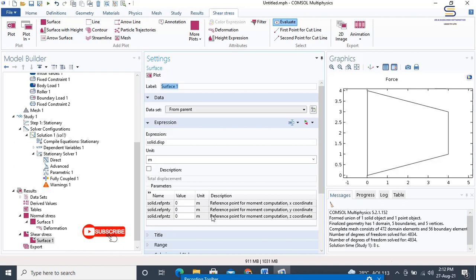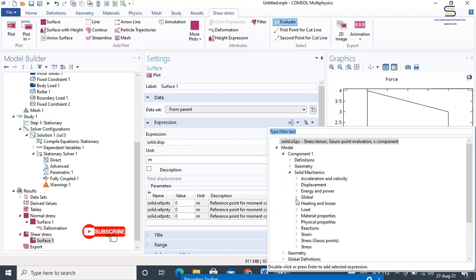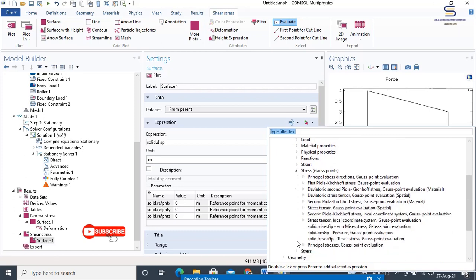So in the settings window for the surface, click on replace expression. Then again go to the same model, solid mechanics, followed by stress Gauss points, then stress tensor Gauss point evaluation, spatial.